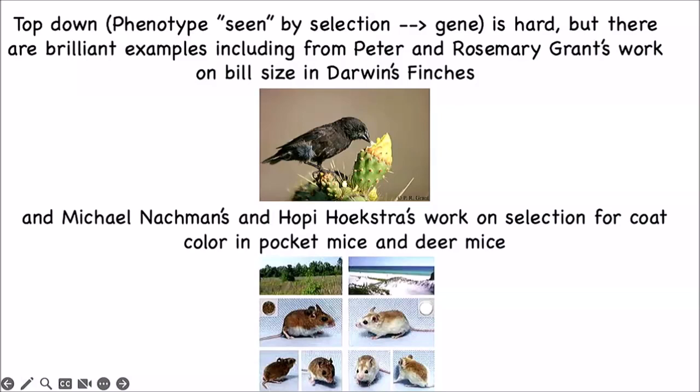In beach mice, also in mice in Nebraska, where you have strong correlates between the habitat, environment, and the coloration of the mouse. If you mismatch your coloration, you get eaten by hawks or whatever. In both situations, people have been able to narrow it from the phenotype all the way down to the underlying genotype, the genetic variants specifically responsible, and show the selection coefficients associated with those variants. So that's been great. The other approach,